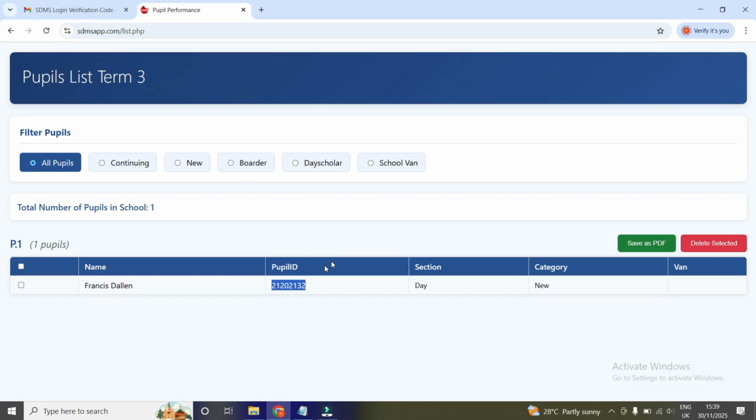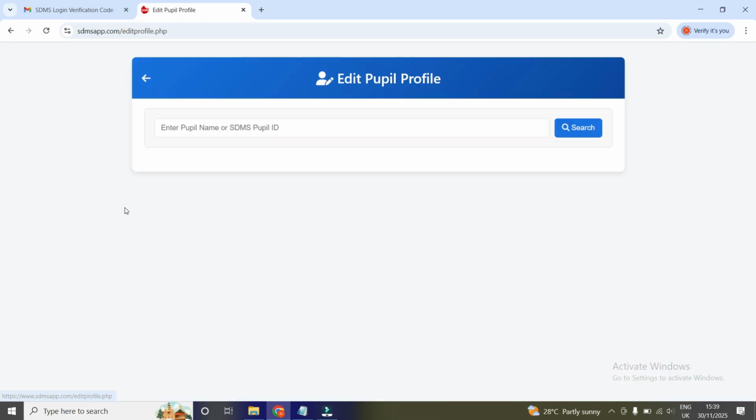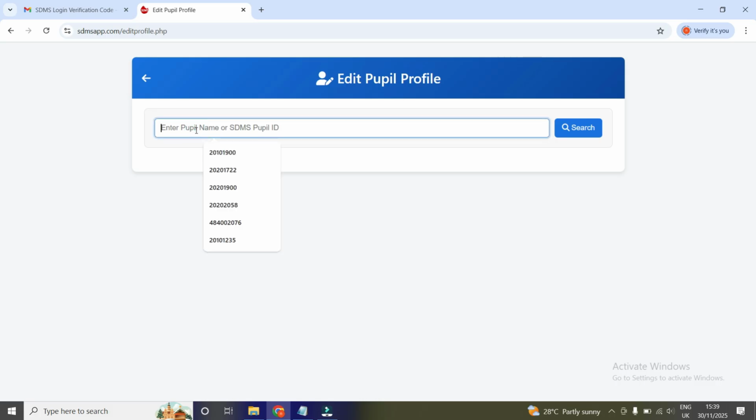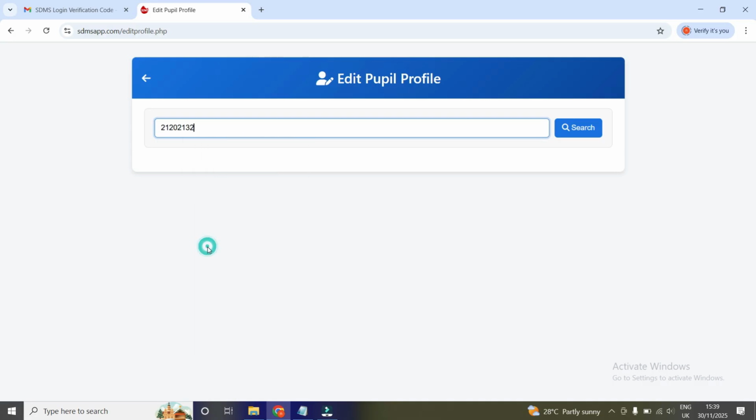So I say I'm editing pupils' details. Remember, we did not add a picture or a photo to this particular child's profile. So that picture is added in the edit profiles section, and I've just pasted in that particular child's